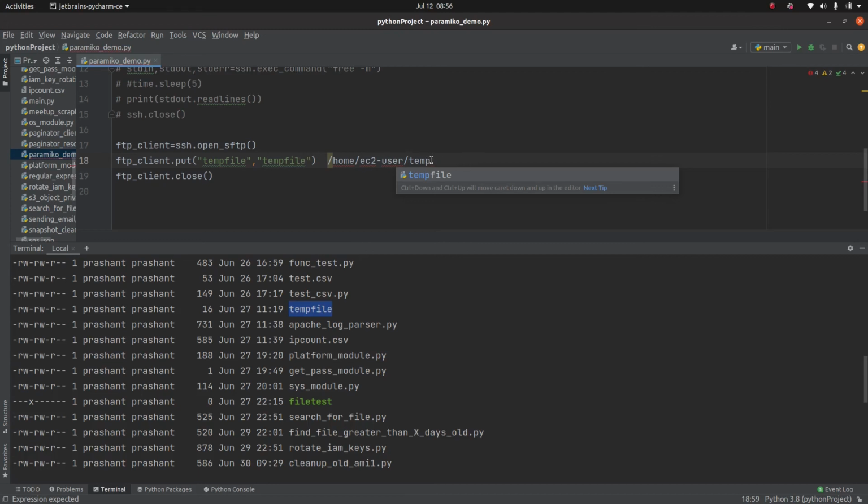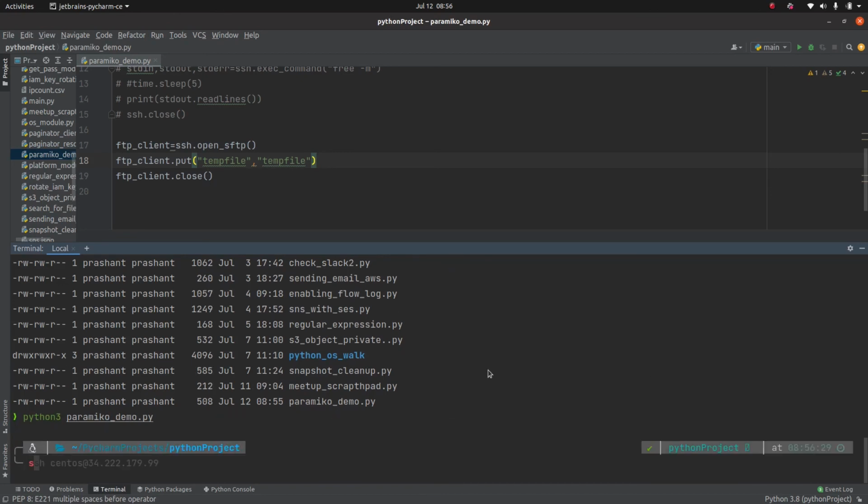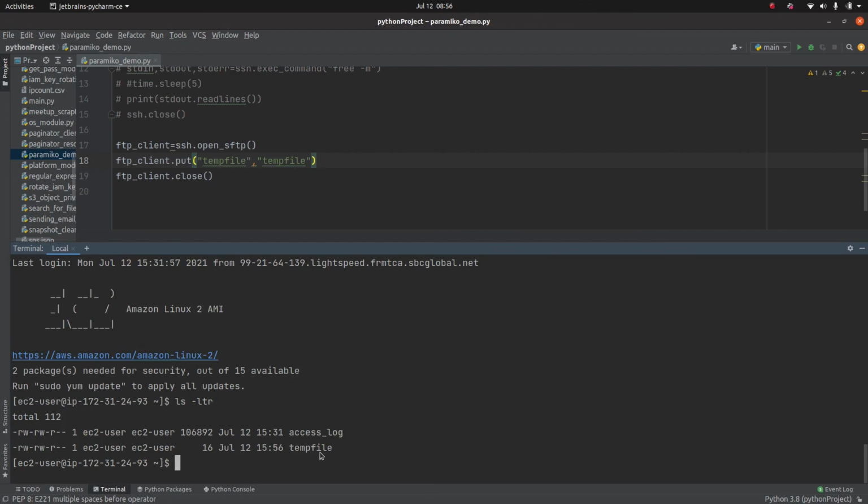Just remember, you should have permission to upload the file to that location. Let me run this. No output. Let me access that remote machine, and as you can see, we have that temp file uploaded in the remote machine.